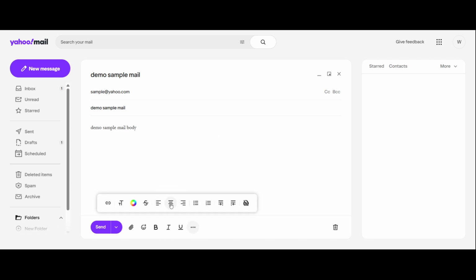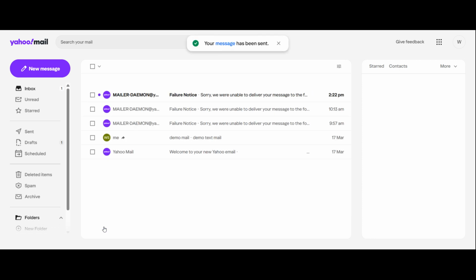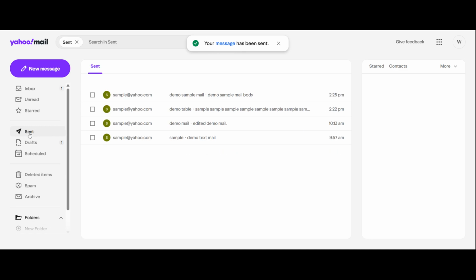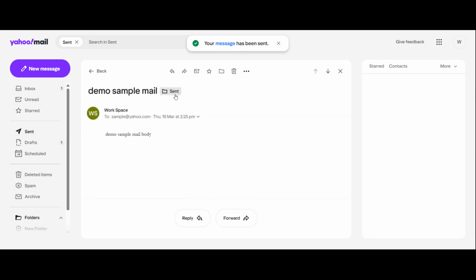Once everything looks good, move down to the bottom of the message window and click Send. Yahoo Mail will deliver your message right away, and you'll usually see a confirmation that it has been sent successfully. That's all there is to it. Now you know how to compose a new Yahoo Mail message in Chrome from start to finish. It's a simple process once you know where the Compose button is and how to fill in the recipient, subject,